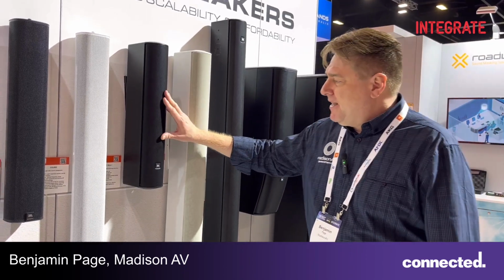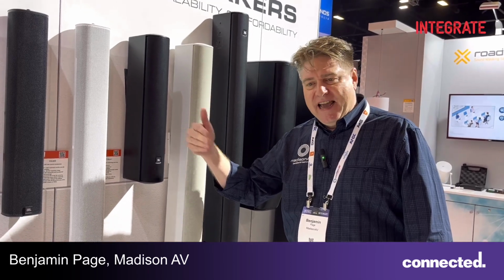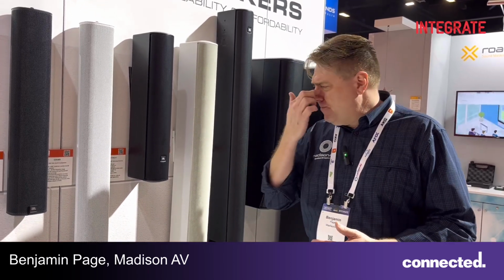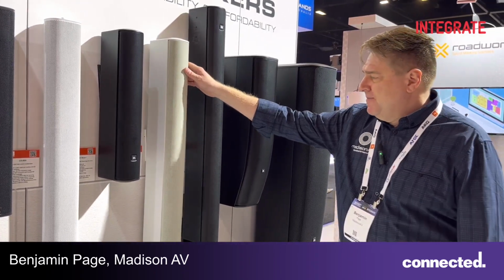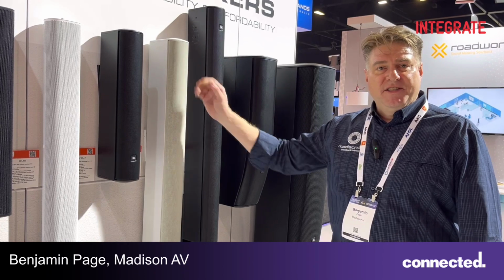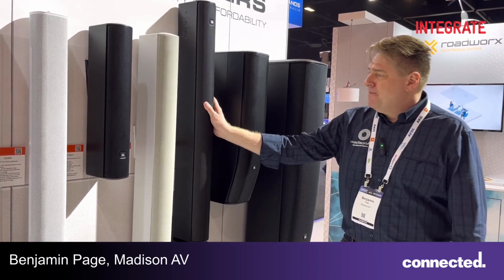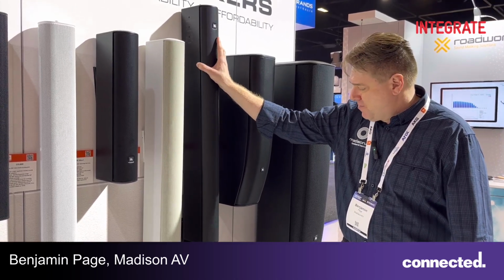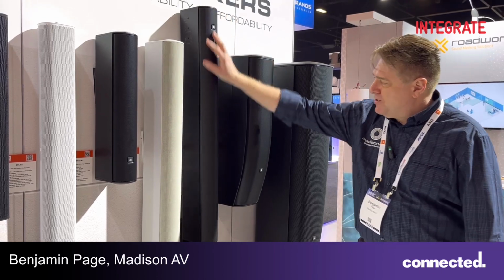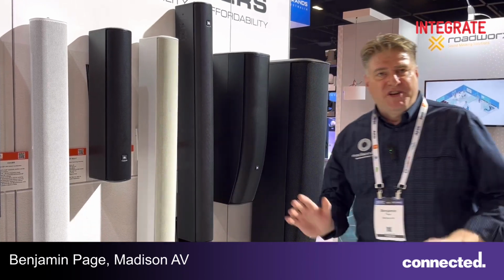The small chappy here is 20 degrees in the vertical, so it's very, very narrow, so you can get it at the right height and aim it and keep the sound off the ceiling and the floor. The 100 has a switch on the side, so I can switch it between 40 and 20 degrees in the vertical, depending on how I wish to use it in my room. When I move to the 200, it is also switchable, but it is switchable independently from the top or the bottom of the array. So what I can do there is switch the top section to very, very narrow 20 degree and the bottom section to a wider aperture,